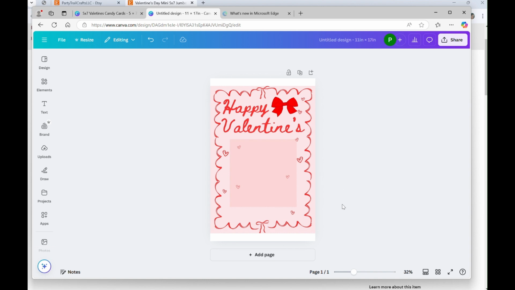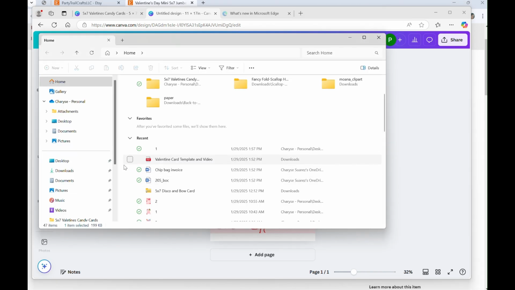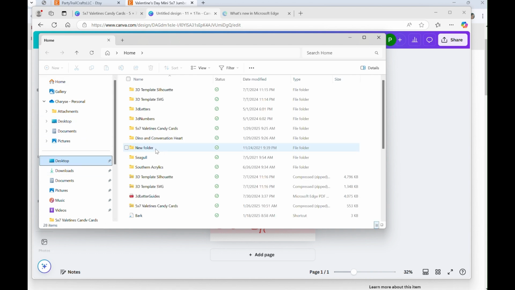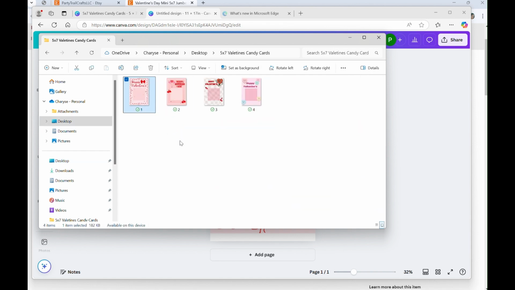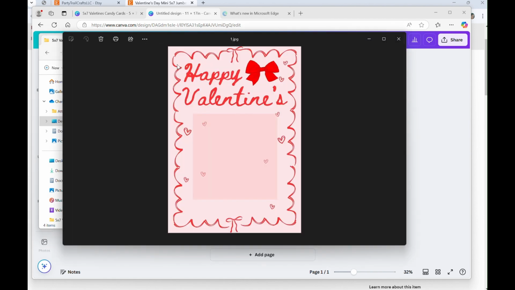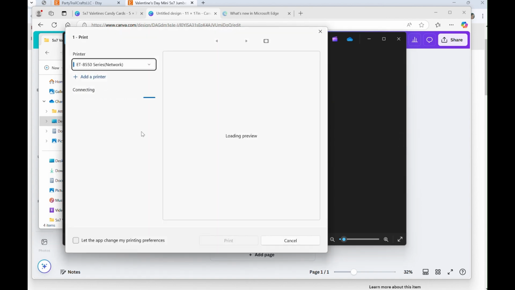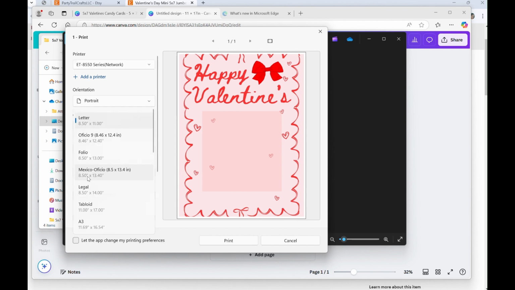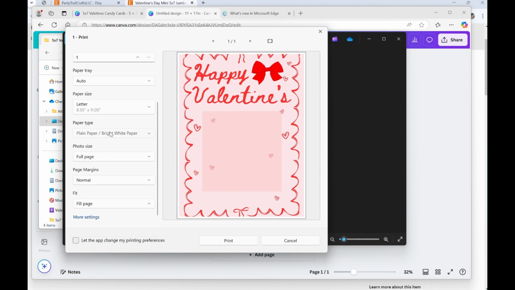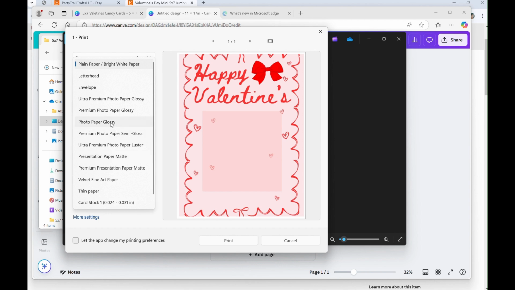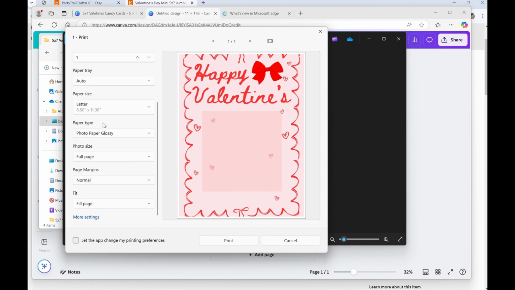Now the next question is, let's say we already downloaded it and we need to just print it. So let's go here, let's open up, let's do this one again, and since we have this one open, now we have a few options to print. So we're gonna print, let's say this is now showed to print on the 8.5 by 11 sheet, and that's the letter size. We want to change to whatever medium we're using. So I'm using photo glossy paper,